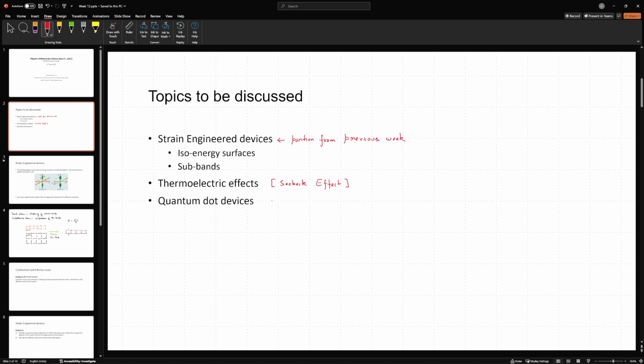Then we shall have a very small discussion on the quantum dot devices. Essentially, the thermoelectric effects and the part about quantum dot devices, we shall cover through problems and just get the idea. We shall not be delving too much into the deeper end of things, because quantum dot devices are technically, in a way, the logical extension